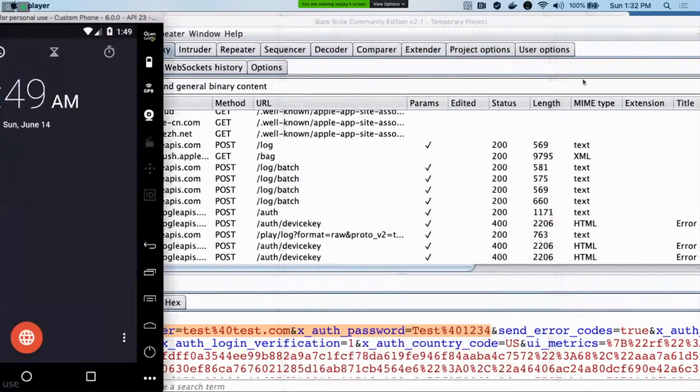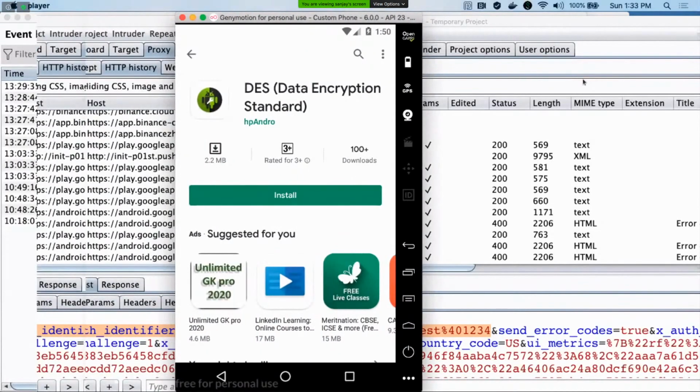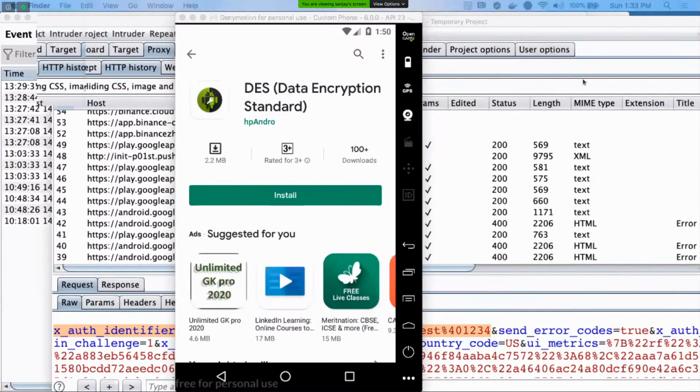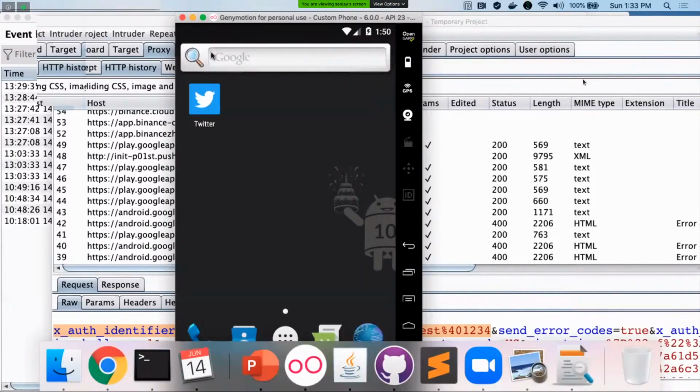Sorry, let me check it again. Okay, let me restart the device. I guess some issue with the user profile.